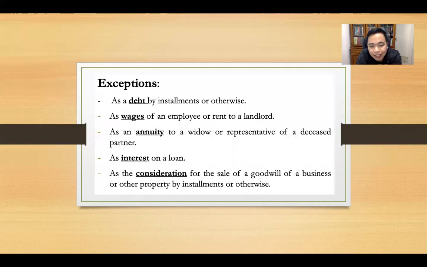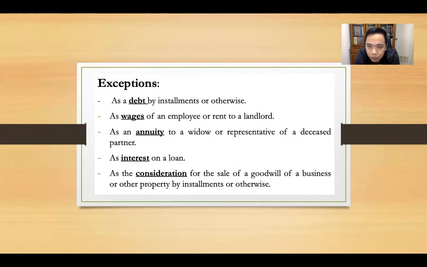Which means, class, that even if you have received profit from the partnership, hindi ka pa rin nagiging partner kahit makatanggap ka ng profit. These are the instances, for example, class, binayaran, may utang sa'yo ang partnership. Nag-issue ng cheque, for example, promissory note, because the partnership, for example, ordered for a specific products that the partnership sold. So, babayaran ka ng partnership or for the payment of a debt, umutang sa'yo,